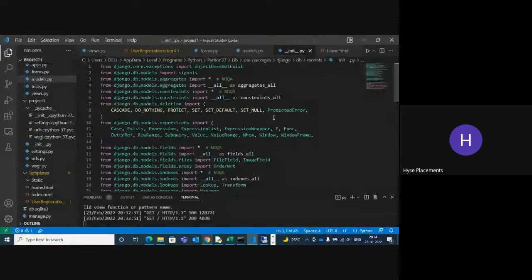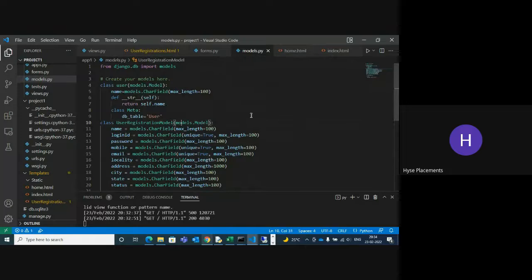Okay. These are all functions. Init files are present in the Django DB modules. All are present. Okay. Don't go into this type of thing, just observe any changes. You can see we are importing from Django DB. In Django DB, we import the files. This is the folder, Django DB.